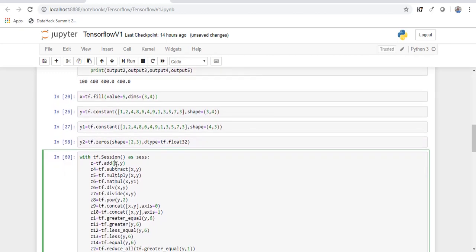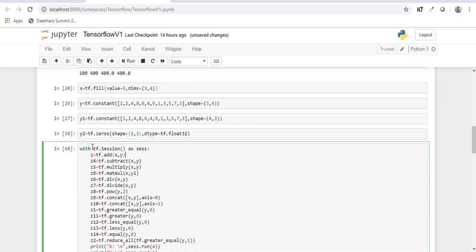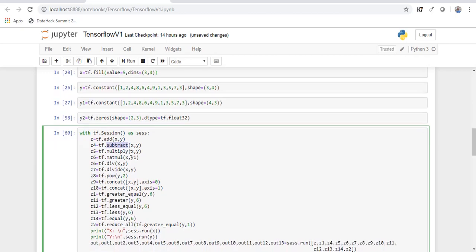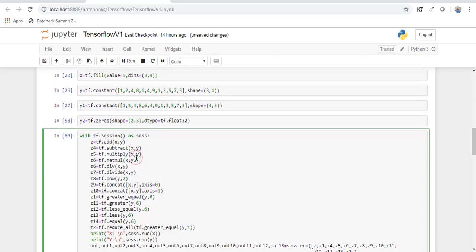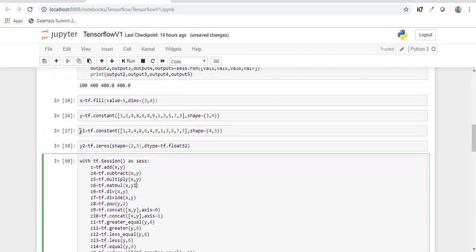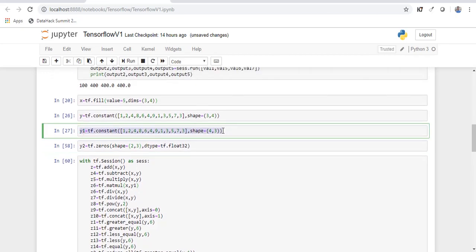So I'm first doing an addition operation here for x comma y, and remember the shape should be same to perform addition, subtraction, or multiplication. And so the way you perform subtraction operation is this: you have a subtract function, and I'm going to multiply. So this multiply is element wise multiplication, and I'm doing a matrix multiplication. So to perform a matrix multiplication, I'm defining another tensor, the shape 4 comma 3,